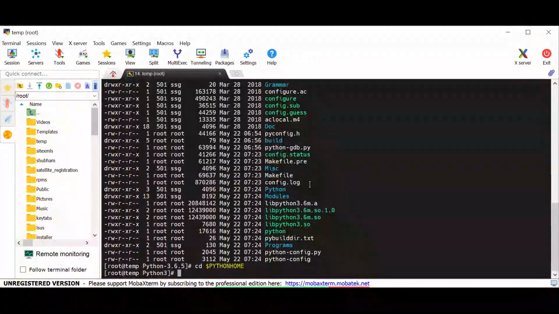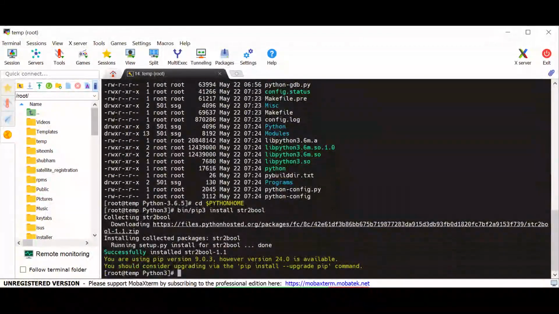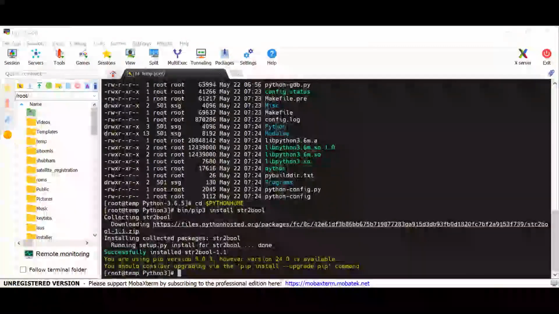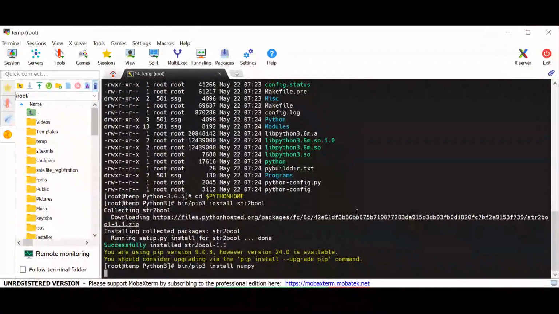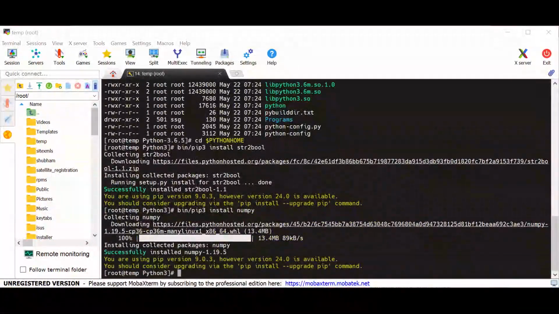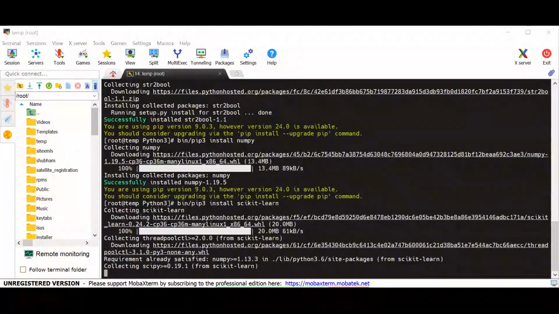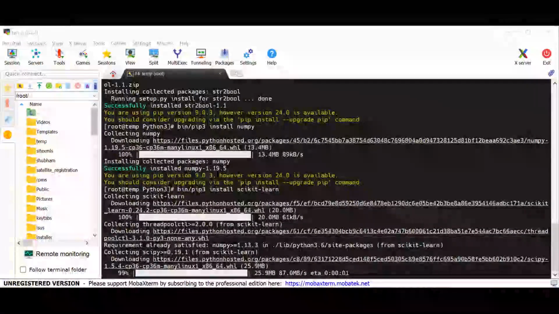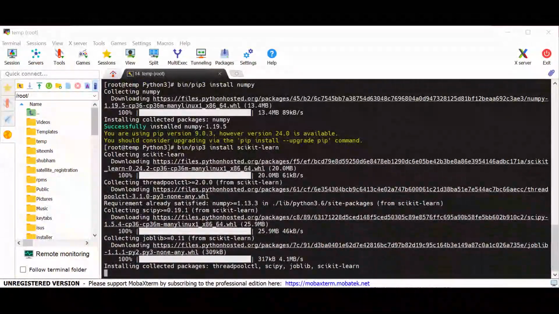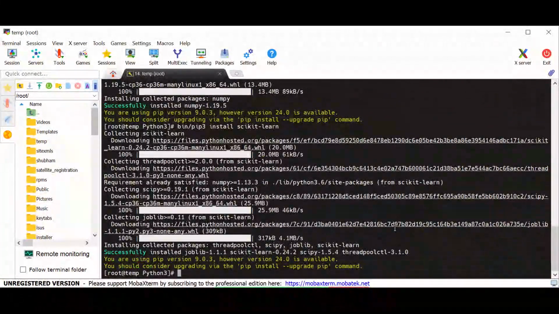Just go inside our Python home directory, and then we'll execute these commands to install the libraries which are needed. Once this is done,